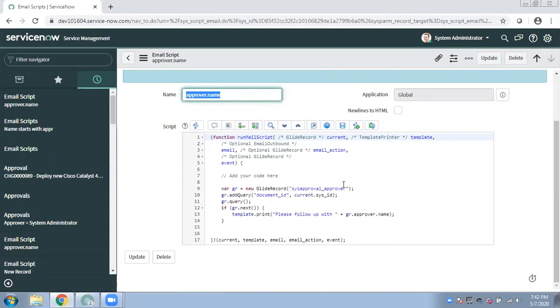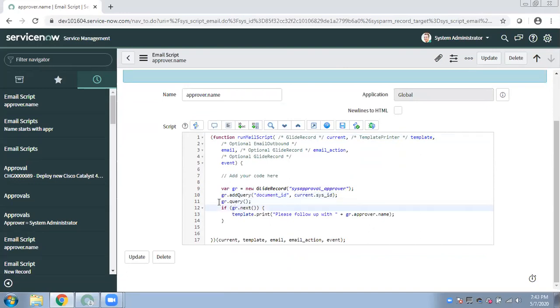We are just querying the sys_approver table. As usual, we need to tell the system which table you want to query, and then what record from that table you want. So we are saying, get me the records which have document ID similar to this record's sys ID.